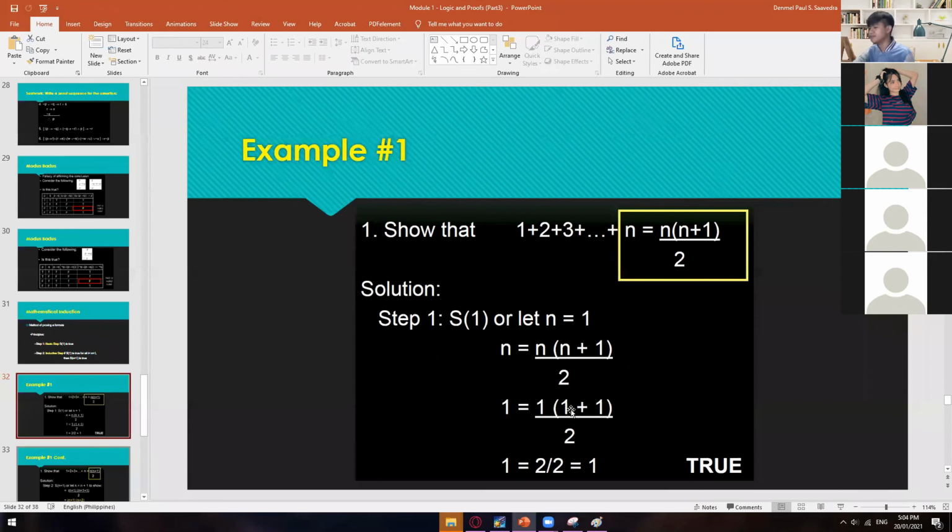Simplify the parenthesis first: 1 plus 1 is equal to 2, and then 2 times 1 is 2, and then 2 divided by 2 is equal to 1. So in here, we have proven that this right expression is equal to your left expression